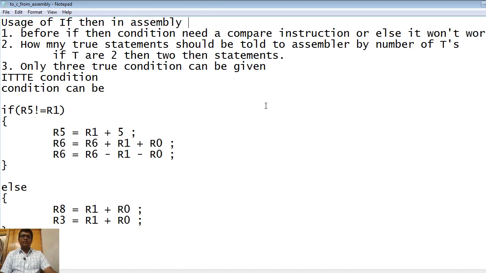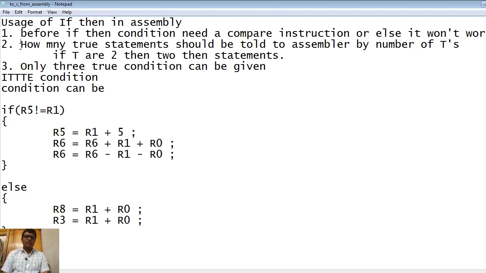These flags are your PSR flags, the program status register flags. These flags should be varied either by a compare instruction or any sort of flag variation instruction. This is a must. So if you are writing if then, you need to have one compare instruction or any flag variation instruction before it.